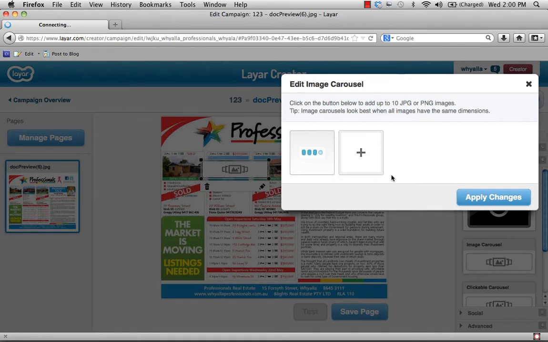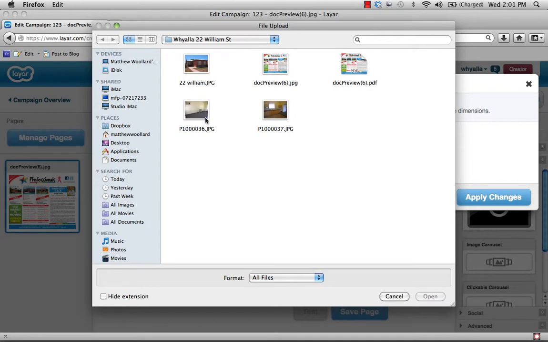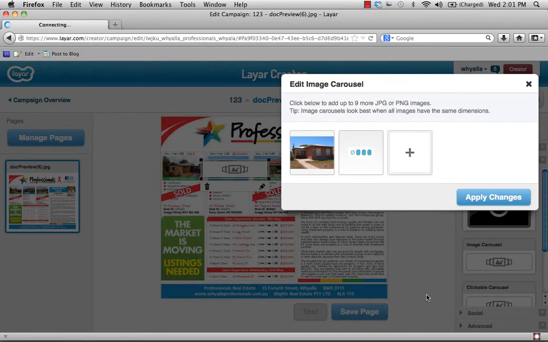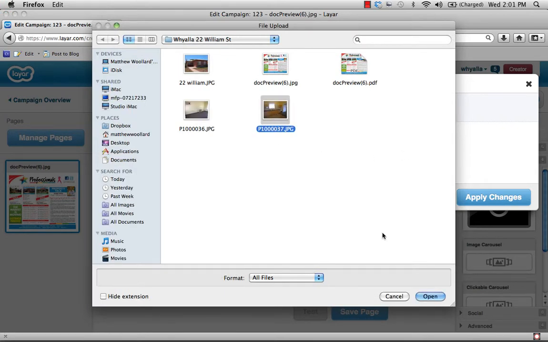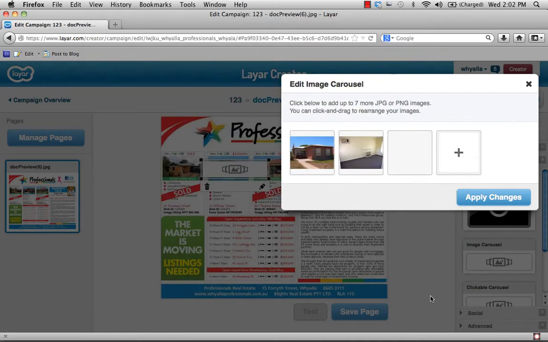And we'll just wait for that to upload, which will take a couple of seconds, and then we have that photograph. Then we add the next property or the next photograph and wait for it to upload, and the next photograph. Now you can upload a total of 10 images to your carousel, but once completed you simply select the